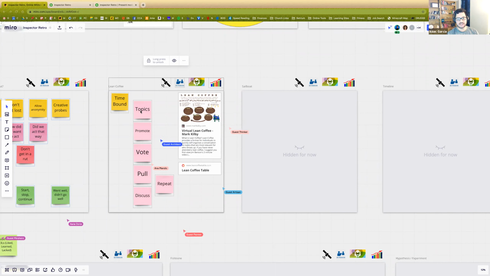The way it works, you gather topics, you have people promote their topics. Hey, here's what I want to talk about, and here's why. And so then after they've promoted them, you have voting. Everybody votes on what topics they most want to talk about. And then you have the topics get pulled in. You set a timer. We're going to talk for 5 minutes on this. And then when the timer's up, people vote: keep talking, stop talking. Based on that vote, you either extend another couple minutes or you end that topic, and then you move on to the next one. And you just repeat the pull, discuss cycle until the time is up for your meeting.